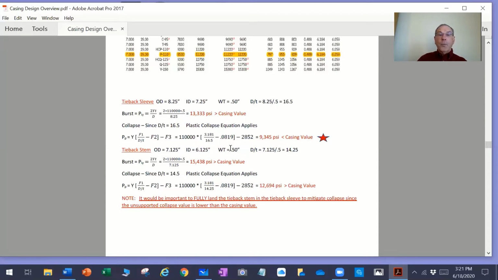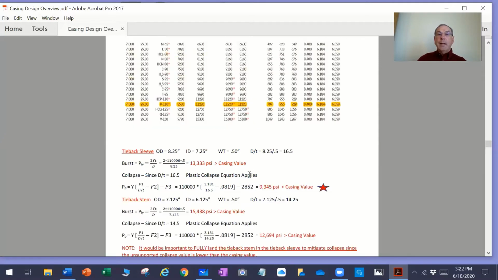It also has a wall thickness of 0.5 inches, and its D over T ratio is 14.25. So the burst rating on that, if we plug the numbers into this equation and use the OD of 7 1/8, we get a burst value of 15,400 pounds, which is greater than the casing value. So that's good. Now the collapse value for the stem, since D over T ratio is 14.5, the plastic collapse